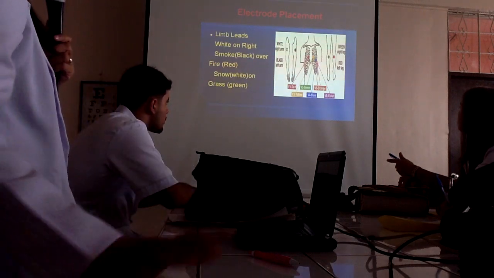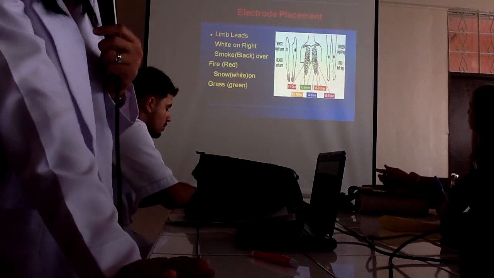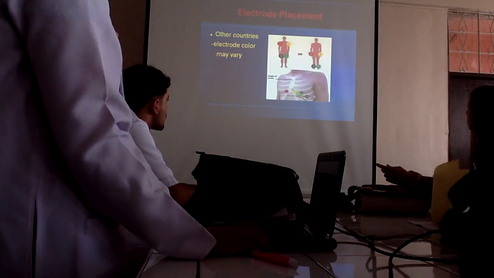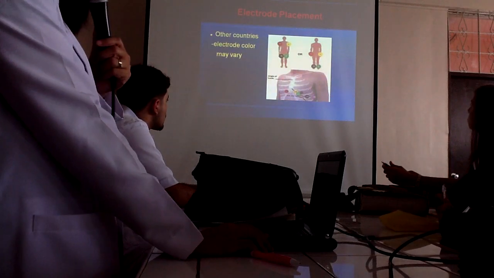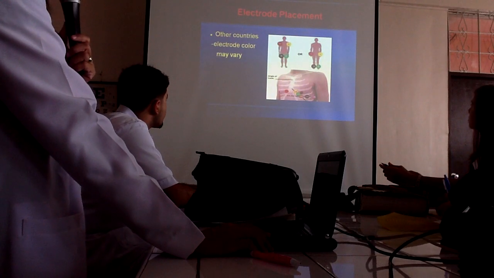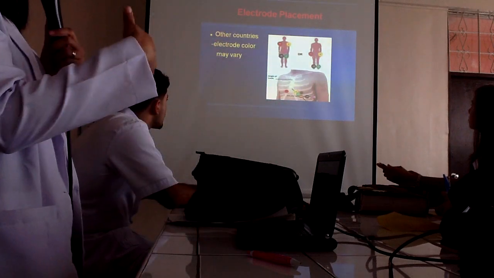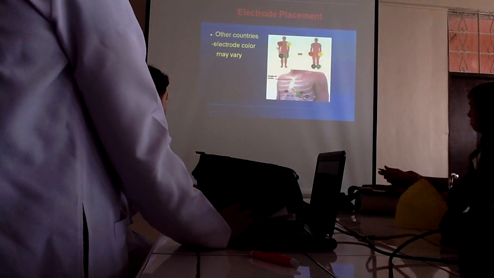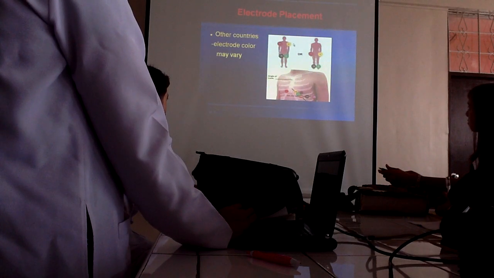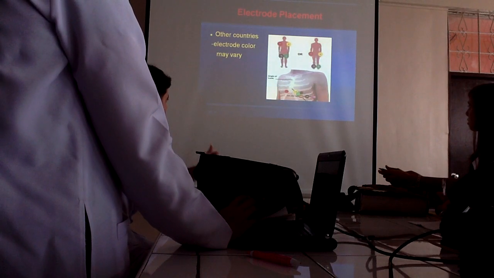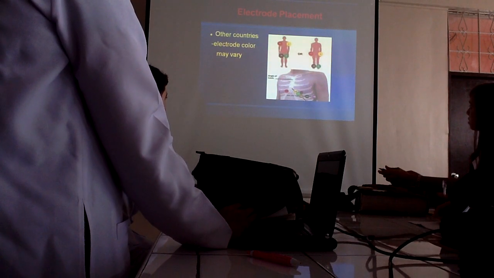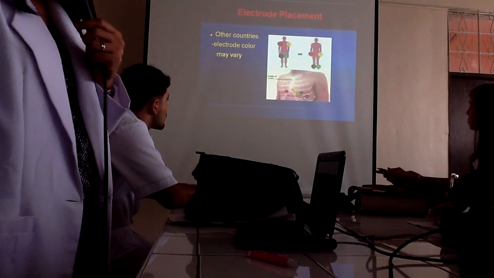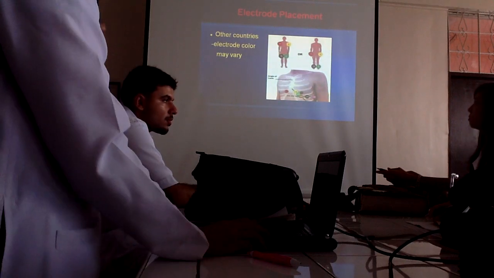Okay? But please bear in mind that it depends on from what country that ECG machine is manufactured. Sometimes the electrodes are different. So you can see electrodes such as this. Green, yellow, black, and green, and red. Okay? So entirely different from the one I showed you. But they are, like I said, coded. So for this particular set, the red one is on your right, the yellow one is on your left, the black is on your left, on your right, and the green one is on your left. Understand? Usually the right leg is a ground. Okay, G-R-O-U-N-D. It's a ground.